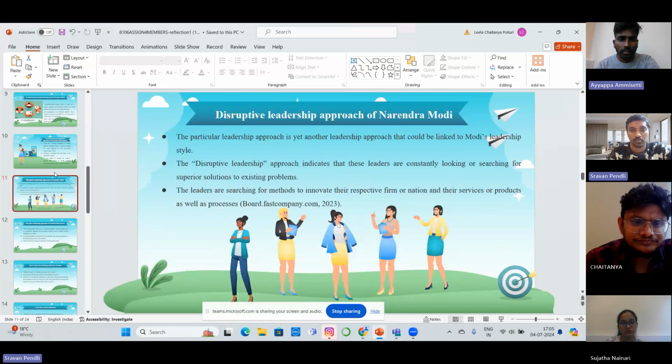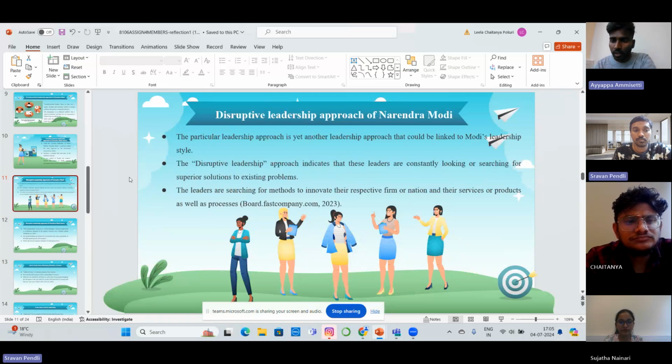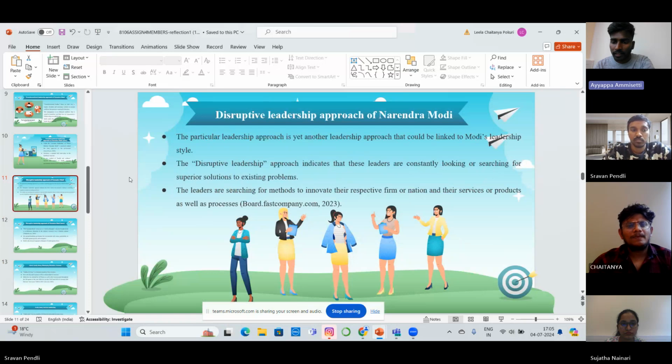I am here to discuss the disruptive leadership approaches of Narendra Modi. The disruptive leadership style is typically accurate nowadays in a setting of disruption that is technology dominated. It is believed that a leader like PM Modi has to be faithful and firm for the nation over the numerous phases of its life cycle. It is imperative that the leader understands disruption as a prospect and grips the opportunities it carries. Can you go to the next slide?